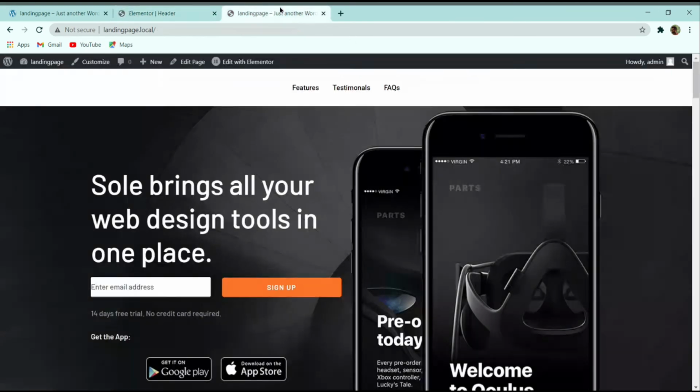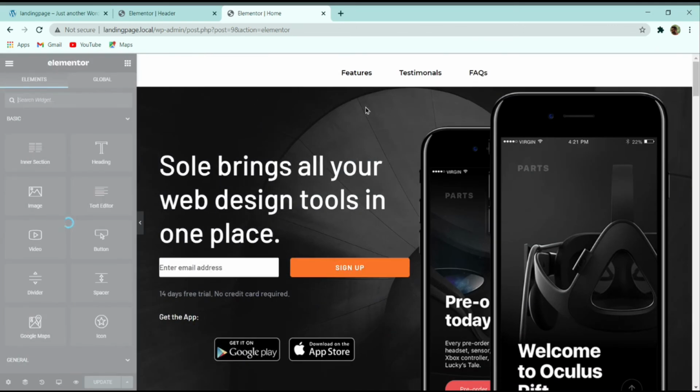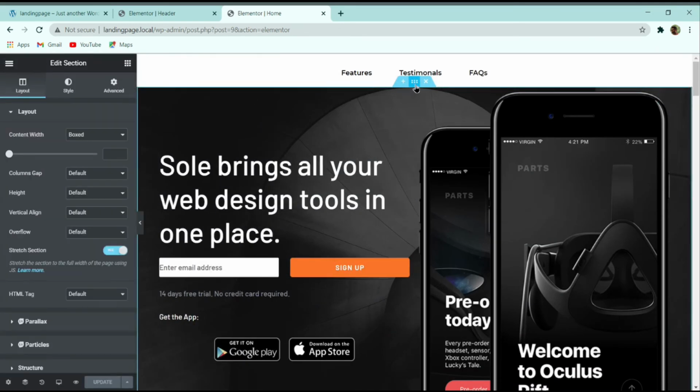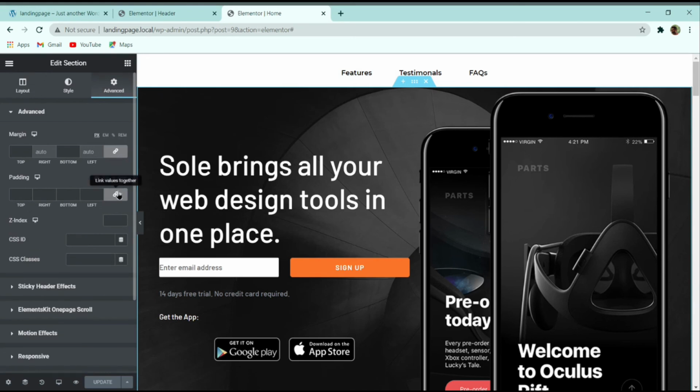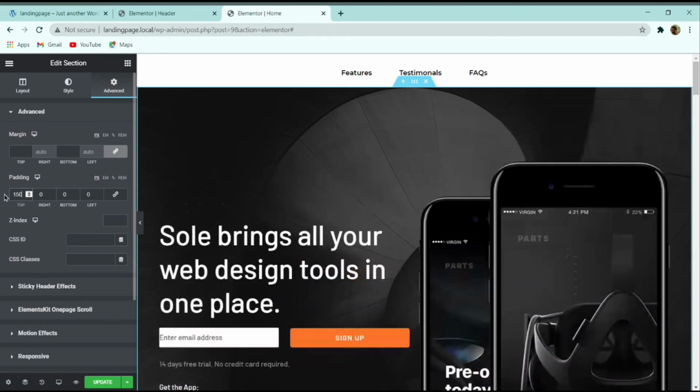So now let me refresh our main page. So now here you can see that. So after that I will click on Edit with Elementor here, and then I will go to the section setting of our first section, and then now here I will go to this advanced, and here I will add a padding of 100, or I will add a padding of 150 at the top.